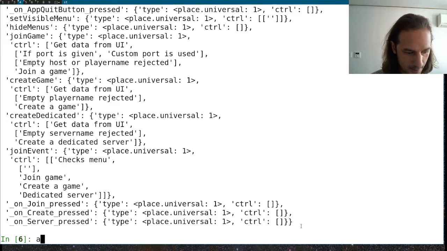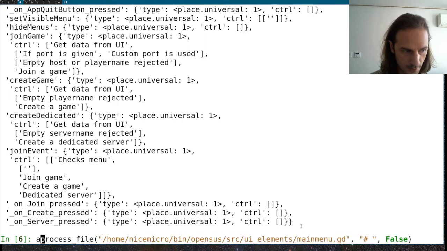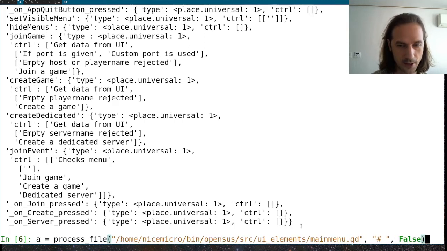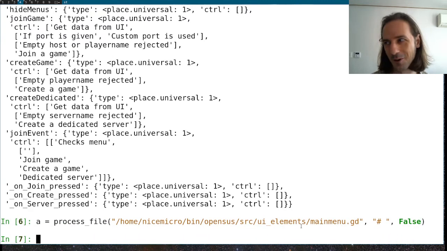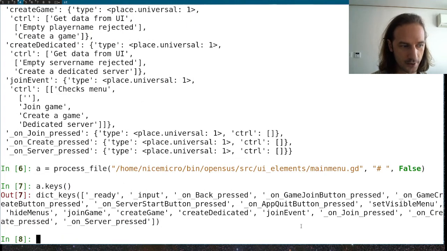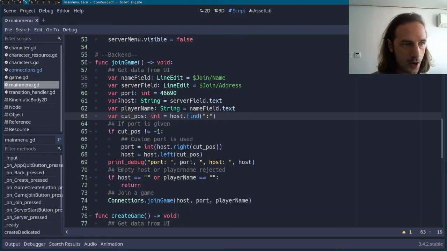So let me just do the same thing, but let me put it in a variable that's called a, and then I can do a.keys. So this is a dictionary, and the keys of the dictionary are here the function names. So you can find, for example, join game, create game, and join event. These are all functions in our main menu